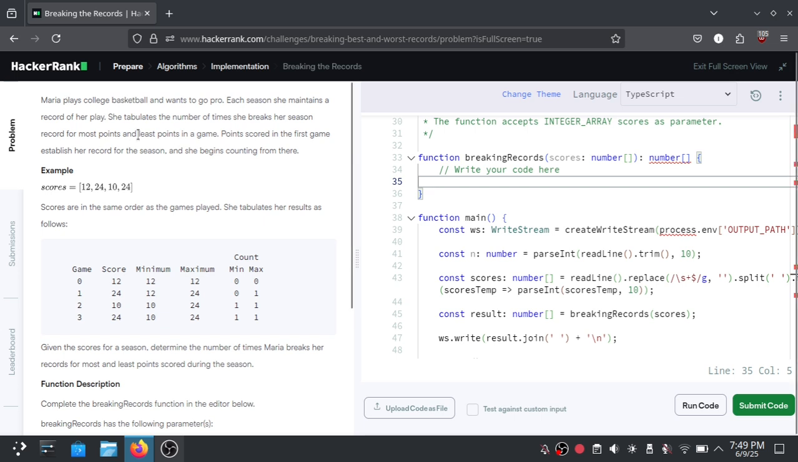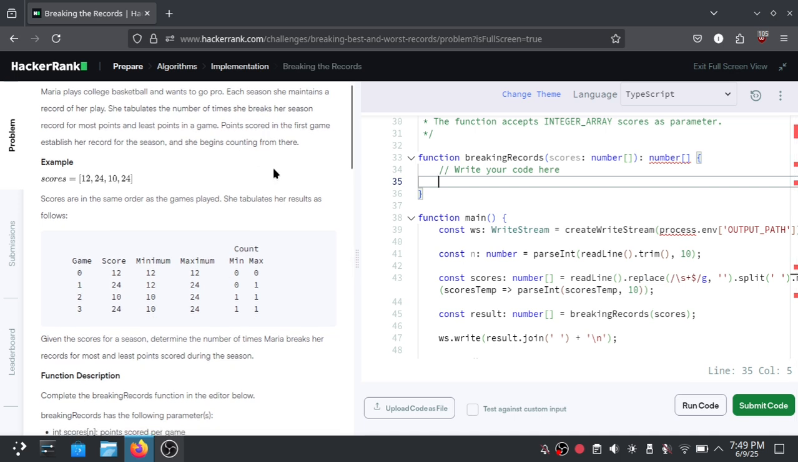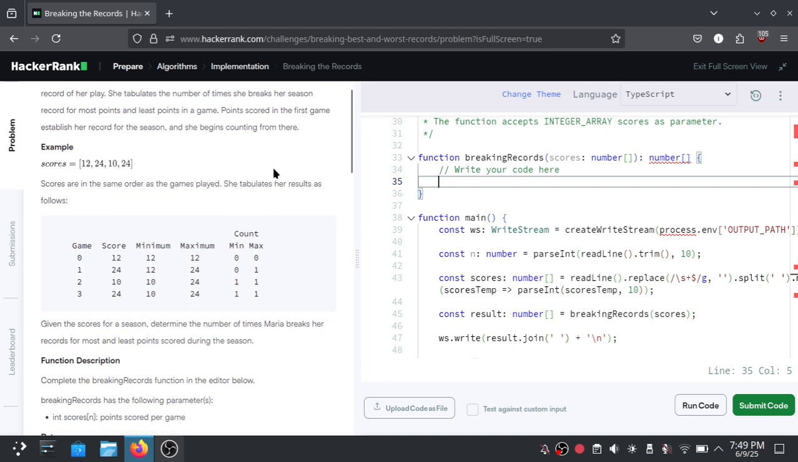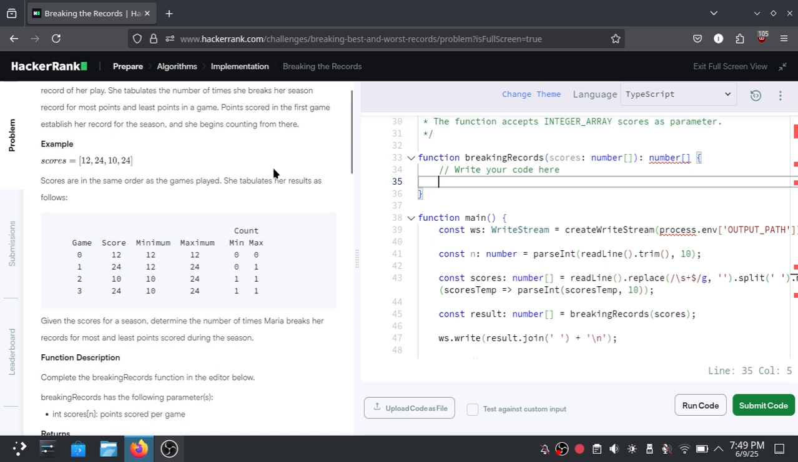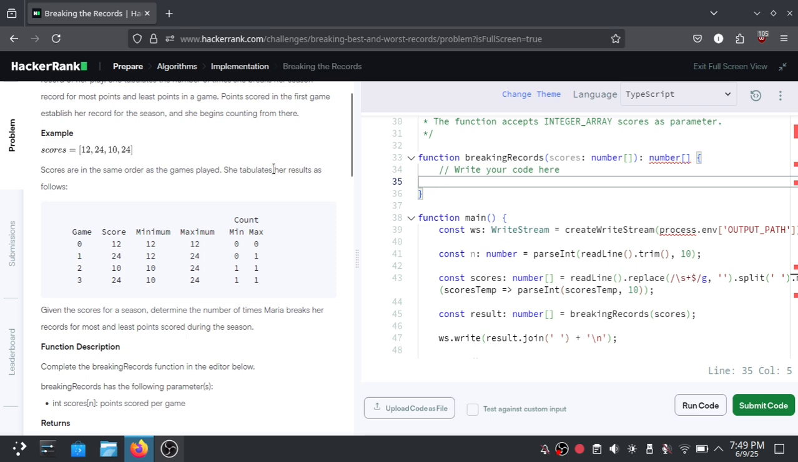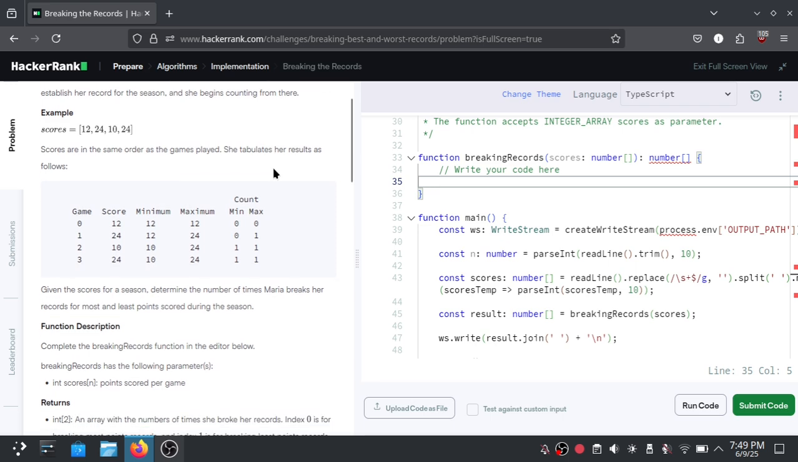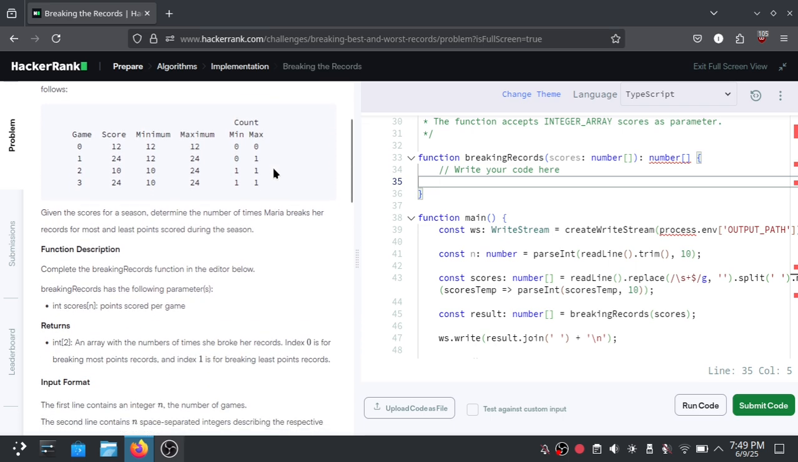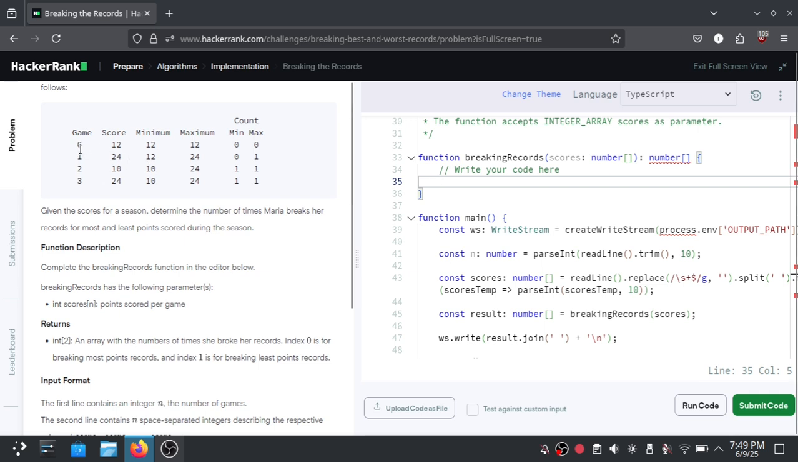wants to go pro, and each season she maintains a record of her play and she tabulates the number of times she breaks her season record for most points and least points in a game. And for this one we are going to solve how many times she broke her records during every game season, and